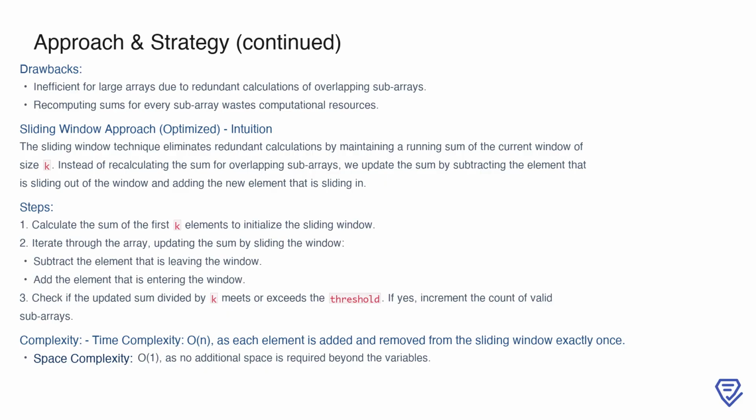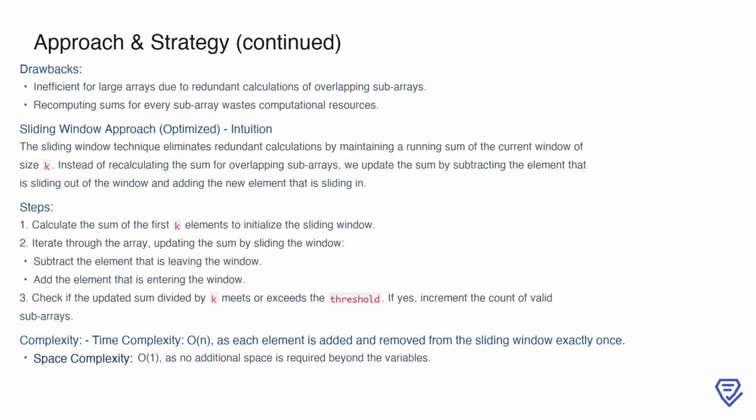This way, we avoid redundant computations. Once we have the updated sum, we check whether it divided by k meets or exceeds the threshold. If it does, we increment the count of valid subarrays. This optimization reduces the time complexity to O(n), as each element is processed exactly once, while still maintaining a space